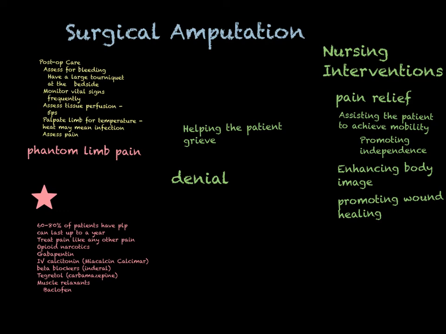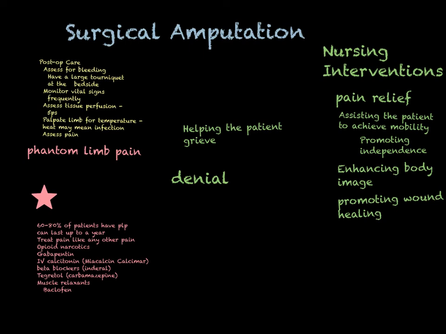And a lot of times you'll see them, if it's an elective procedure, go through some of them preoperatively. For example, denial. People have maybe been denying that they have diabetes or they have atherosclerosis, or they've been in denial about their smoking habits, even though they've maybe been through a fem-pop procedure or something like that where their circulatory system is very impaired. Maybe they don't go to the doctor right away when they get a sore that doesn't heal until it gets gangrenous, and now they have to go for an amputation.